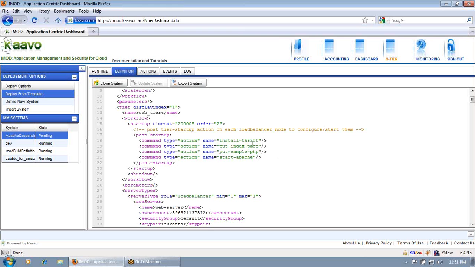Instead of the PHP page, if you want to put the JSP page or Java page, you need to change here, like put index page and put sample PHP. In those two actions, you can change the client, whatever the client you want. I mean, you just need to change those actions.